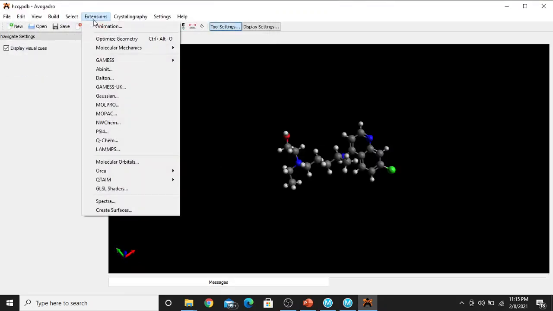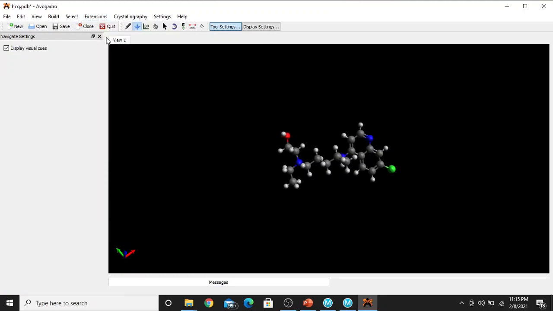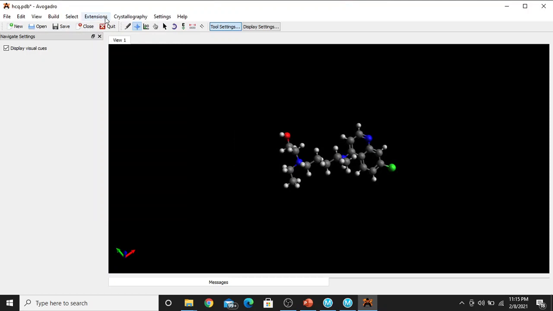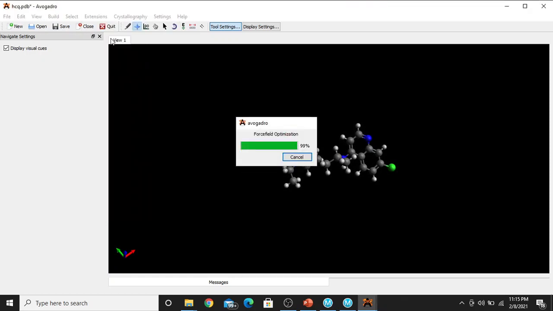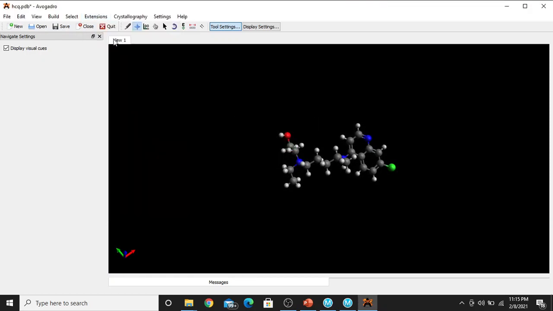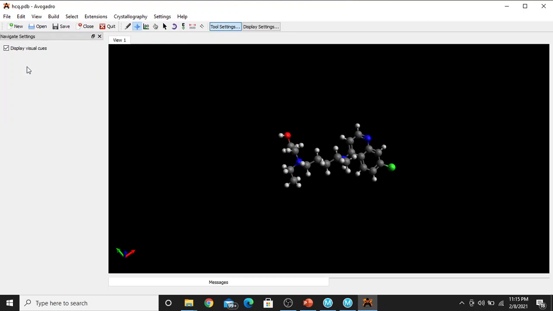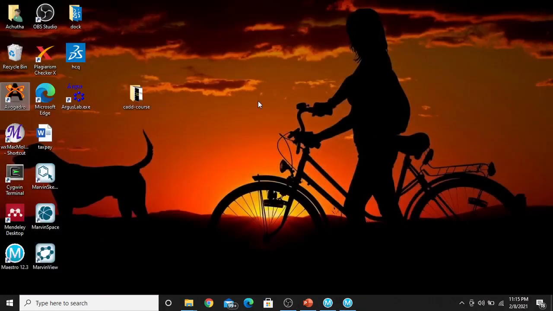Then go to extensions and optimize geometry. You can give 2 to 3 times. Then file, save. Close it, and then you have to open Argus Lab.